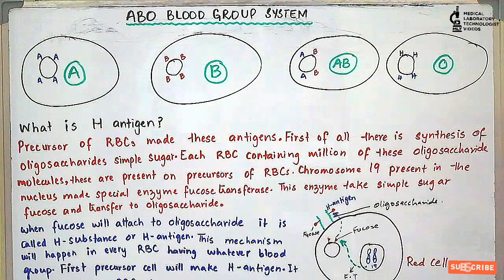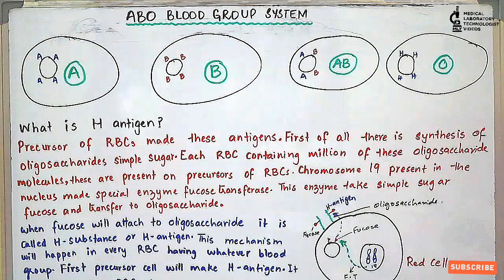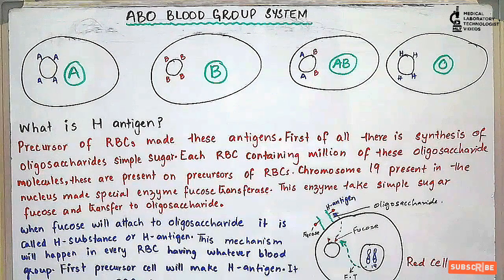Major and minor blood groups together are almost 100, but according to clinical relevance, the most important blood group systems are only two: the ABO blood group system and the RH system.